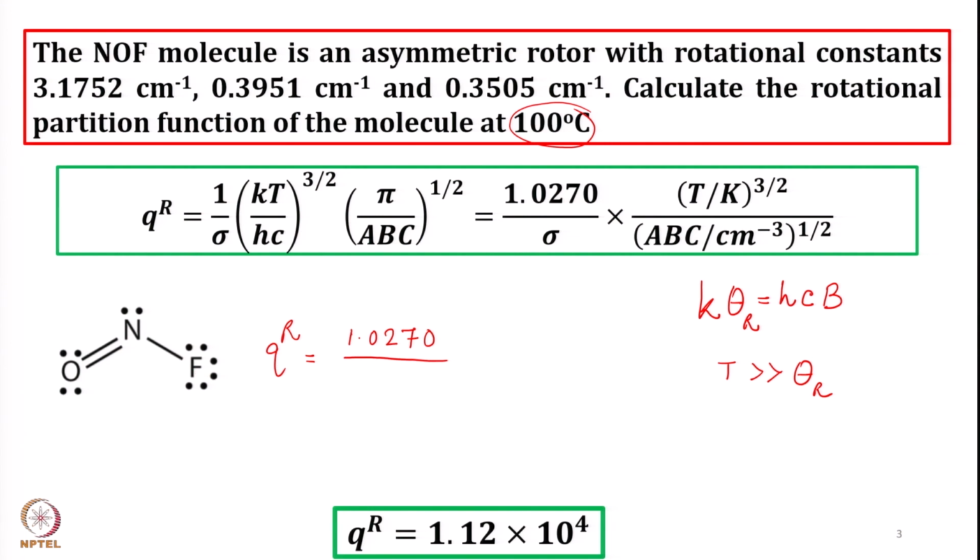That means sigma is equal to 1 here. So once I have sigma equal to 1 into temperature in Kelvin 373 raised to the power 3 by 2 and A, B, C each one in centimeter inverse,